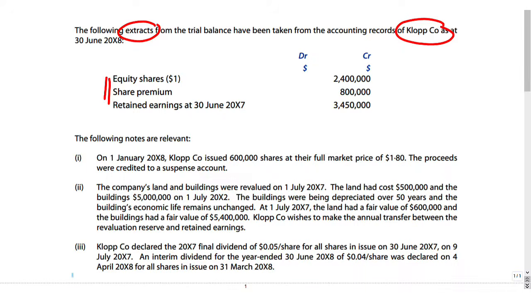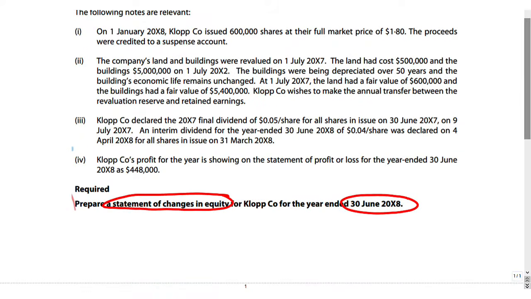Now, it's not exhaustive because there might be some bits and pieces that we add in within the additional information that mean we require additional columns. But what you can see there is that you've got some equity shares, some share premium, and some retained earnings. And again, just note those retained earnings are at the 30th of June X7, which if we compare them to the reporting date of the 30th of June X8, then what you have there